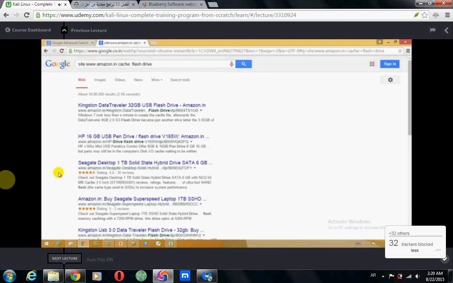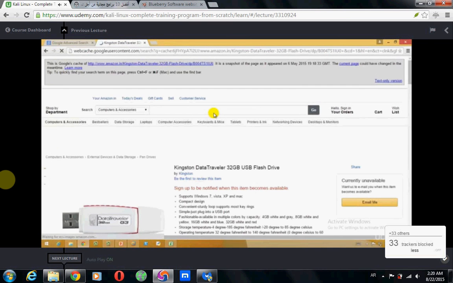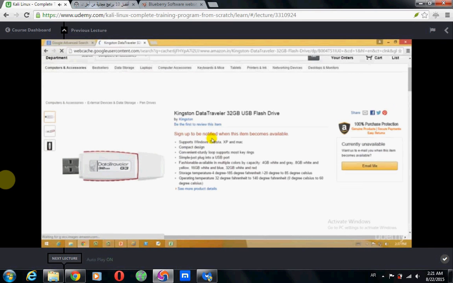As you can see, we have everything starting with the site Amazon, and we have the cached versions. If I check the cached web page, and if the Amazon website is not careful in clearing its cache memory, then what may happen, for example, is that Amazon has this 3G data traveler, let's say on the 30th of December, at, let's say, any specific